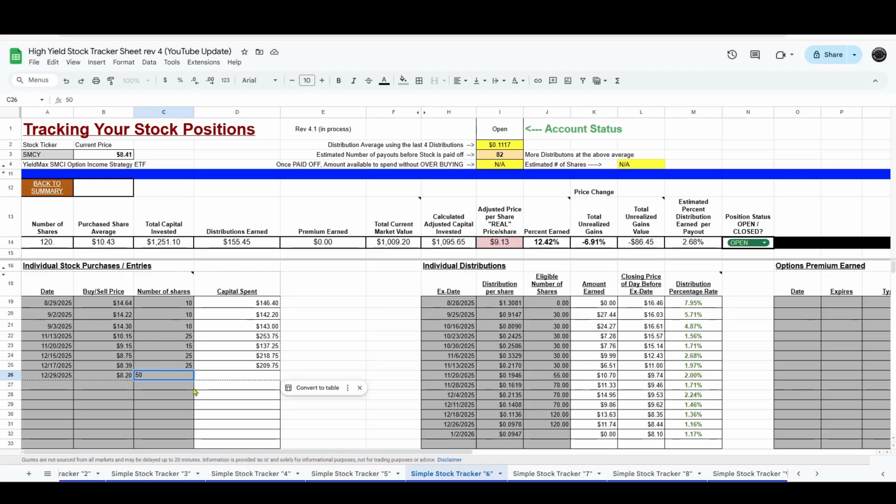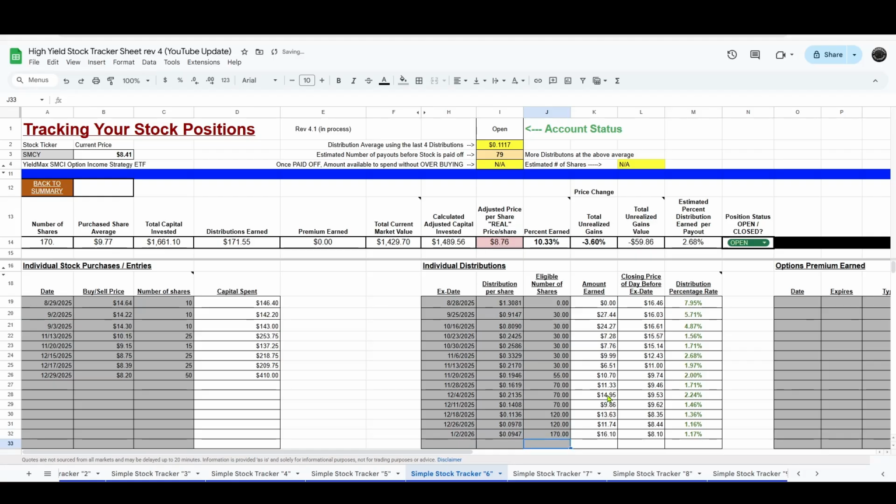So those 50 shares at $8.20 lowers my real price per share to $8.86, which gets me even closer to that current price of $8.41. But I also get to enter in a distribution. And once again, how many shares can I count for that distribution? All shares before January the 2nd. All my shares that I have purchased were before January the 2nd, so I get to account for all 170 shares. So I enter in 170 shares for this distribution eligibility number, and my real price per share of $8.86